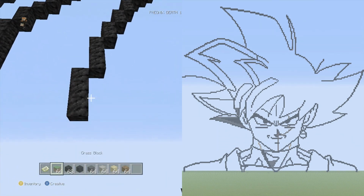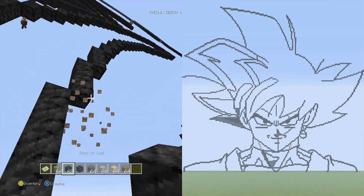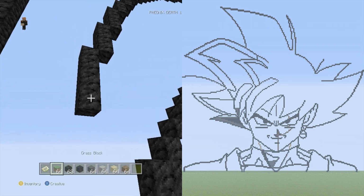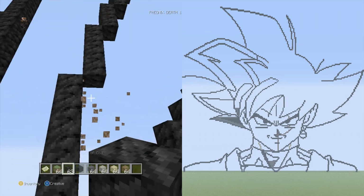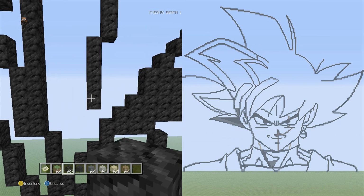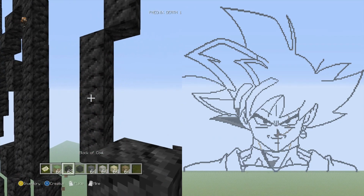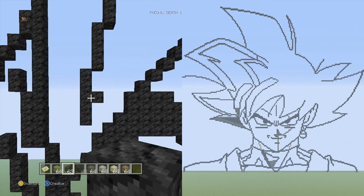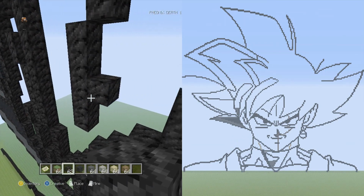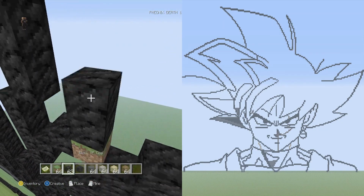Now we're going to go down to right 4 vertical. 1 2 3 4. Down to right 5 vertical. 1 2 3 4 5. And from the 5 vertical, we're going to go to the middle block right here and put 1 to the right. We're then going to go up and to the right 1 single, up and to the right 2 vertical,